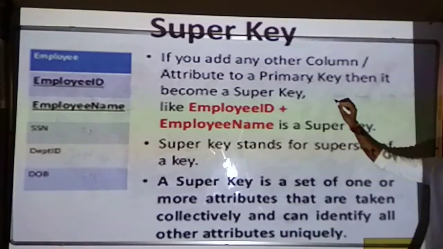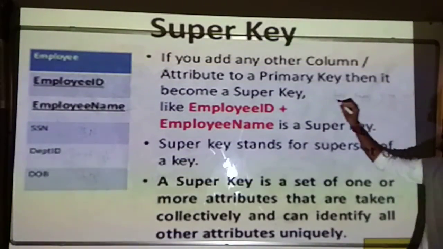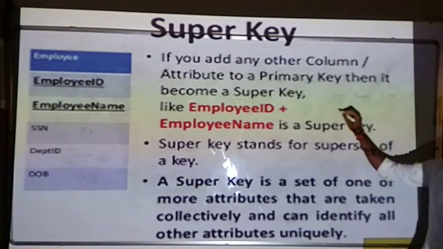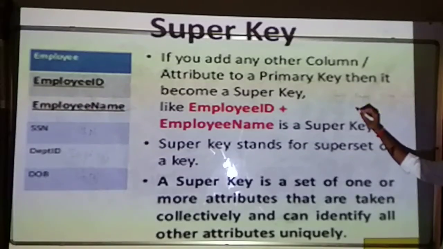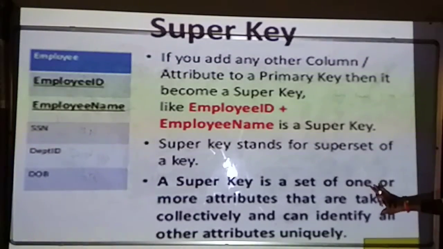To identify a single student's information, I will have different kinds of details like these.